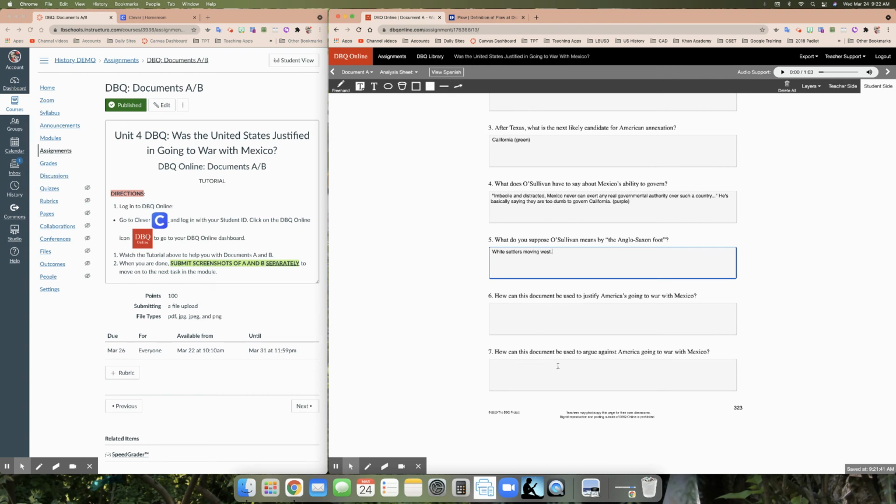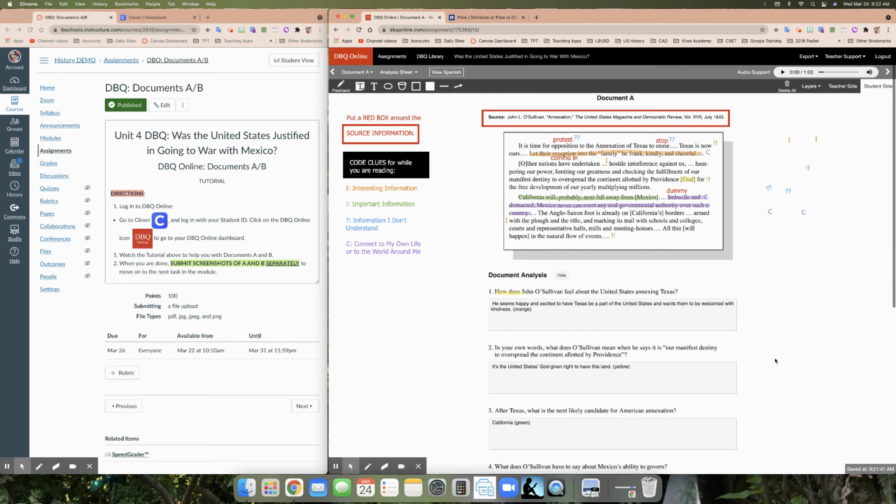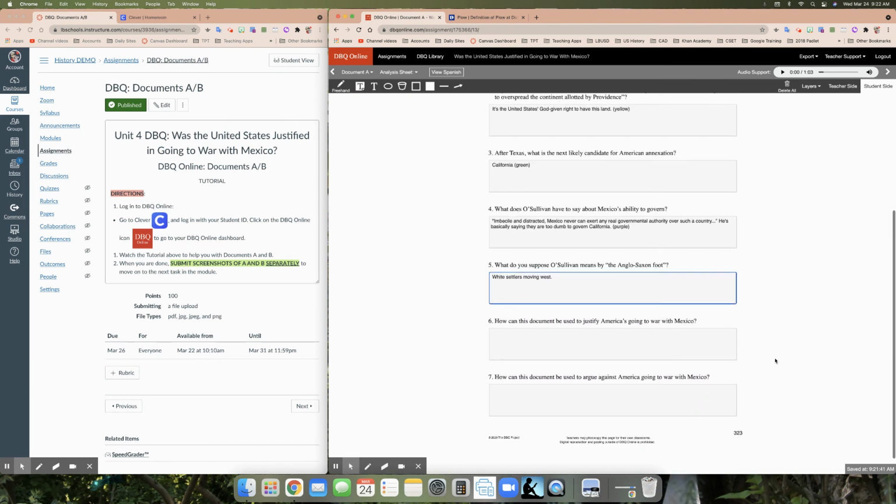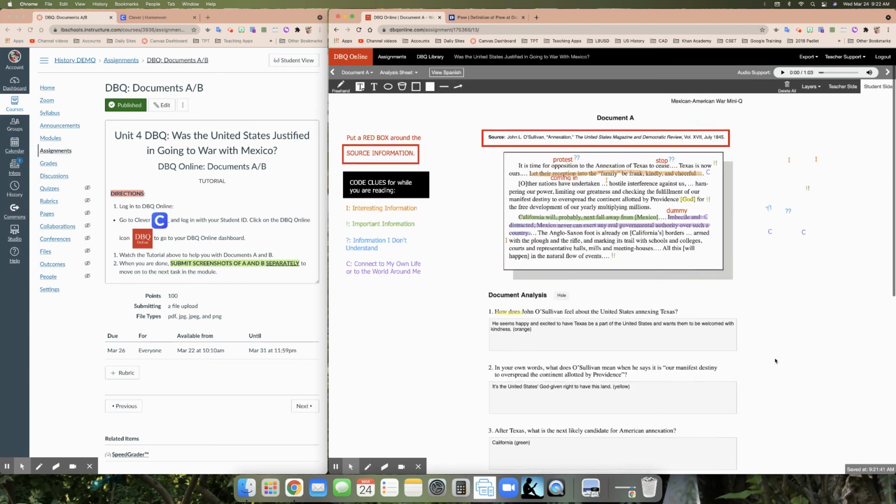And then number 7, it says, how can this document be used to argue against America going to war? So we're supposed to look at it from both ends. So we have on the one hand, and I'm not going to answer those two. I want you to answer those two, 6 and 7. So on the one hand, we have the fact that many of the settlers believe under manifest destiny that it's their God-given right to be there. It's their God-given right to